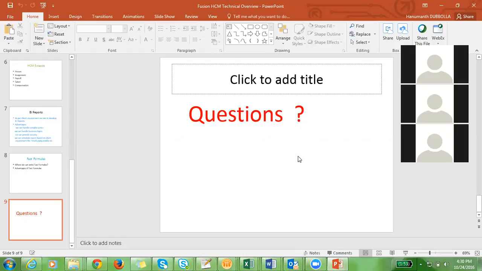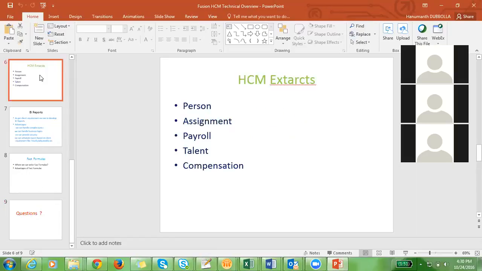In Fusion applications, I have 5 years of experience. Whatever I have done in my 5 years of experience, I will explain to you, and also I will give an assignment. Also, I will provide support. Okay, this is the overview of Fusion SCM applications, what topics I will cover and all these things.